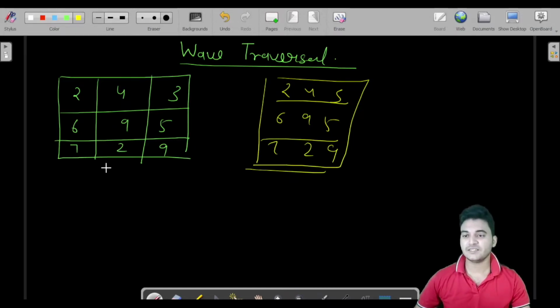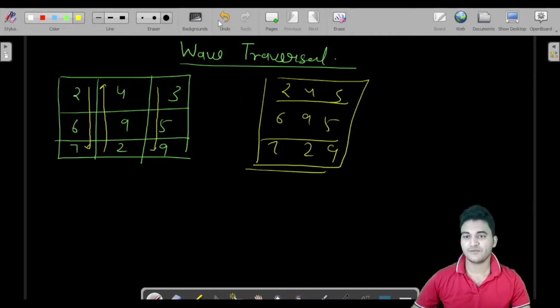But the challenging thing is what we have to do now. Initially we were printing the output in this way, this row and then this one and this one. You can compare these two outputs. We already know how we can print the output in this way, but the thing is different here. What we have to do here is print in this way, 2, 6, 7, and from here we have to print this way, 2, 9, 4, and here also 3, 5, 9.